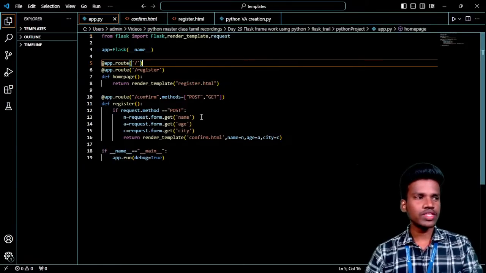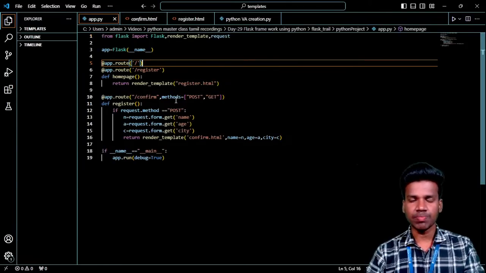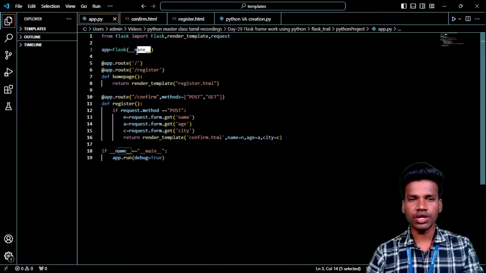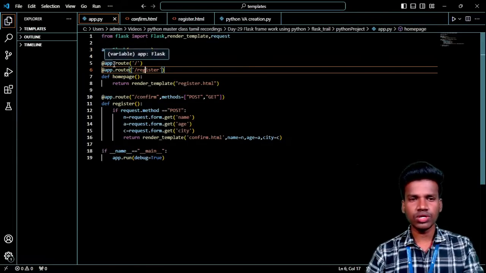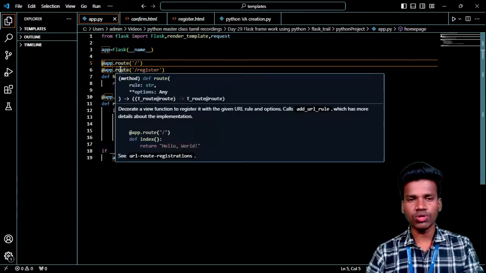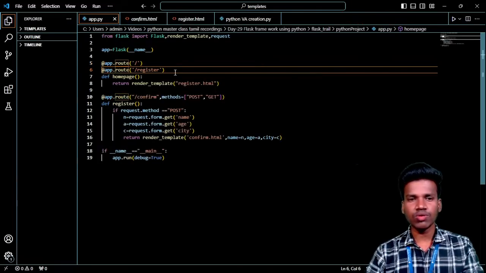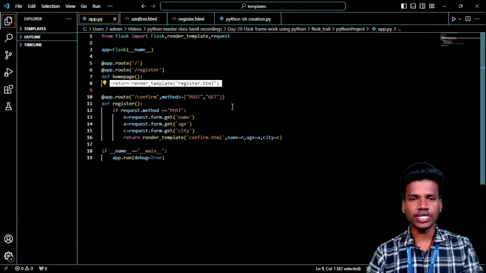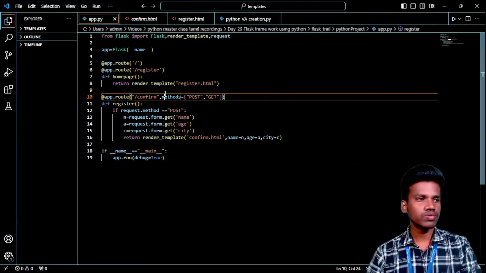These work with HTML and CSS, right? First I will pass one argument, app equals Flask, passing the name constructor, and using the route. app.route is a registering thing, and creating a function and passing render_template with the HTML code.